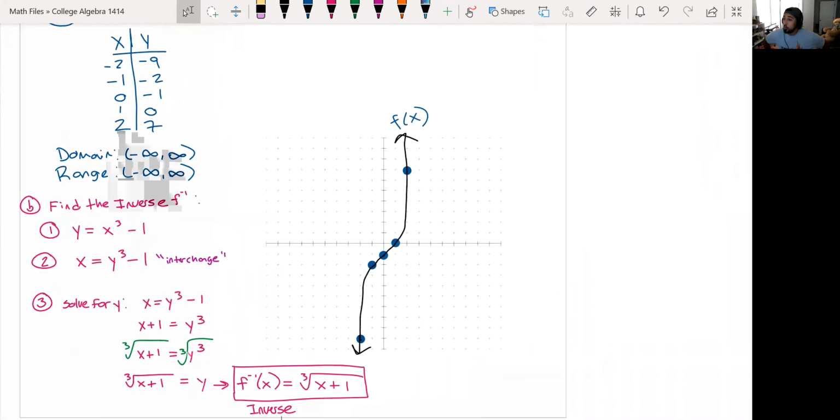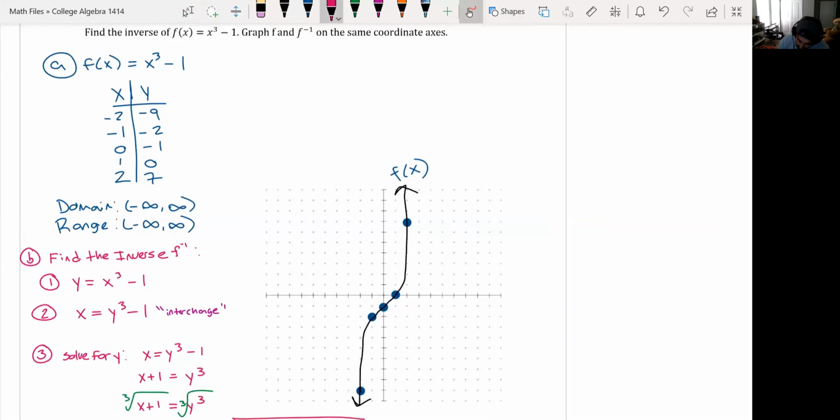Well, what's beautiful about one-to-one functions and their inverses is, if you already have the coordinates for the one-to-one function, then you already have the coordinates for the inverse, because all you have to do is take that XY chart and flip it around. You swap it, right? So for the inverse, I got room up here, right? So for the inverse, the XY chart,